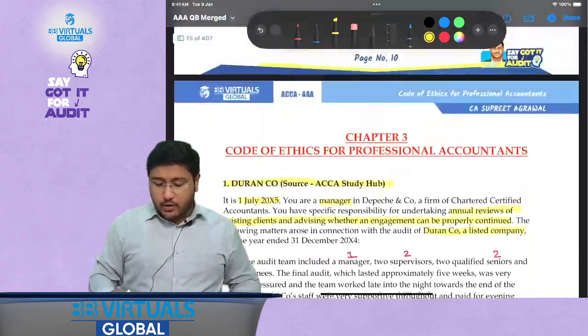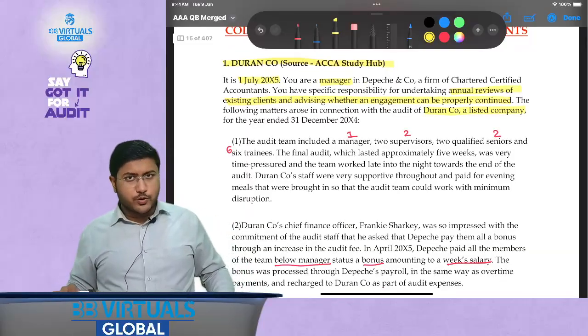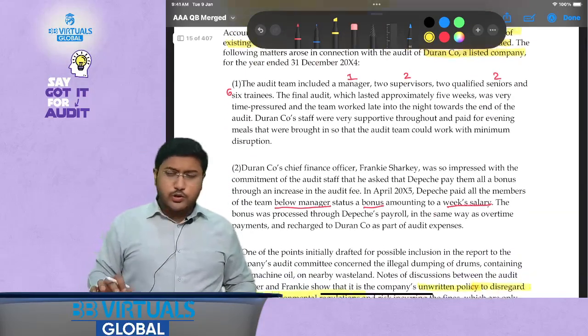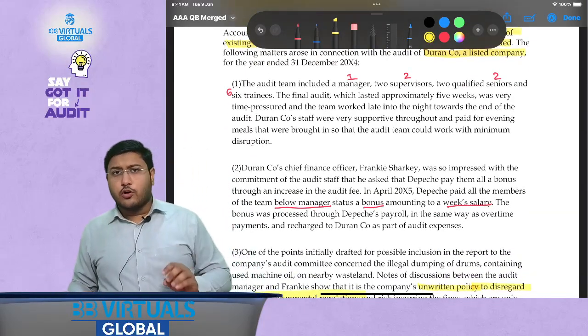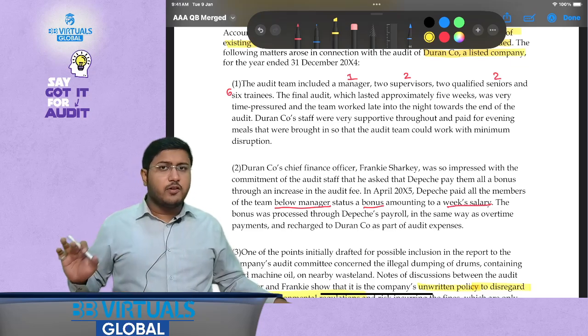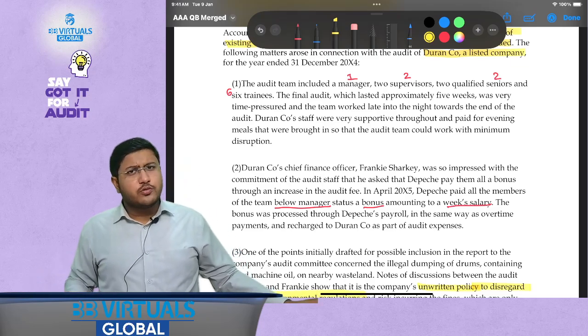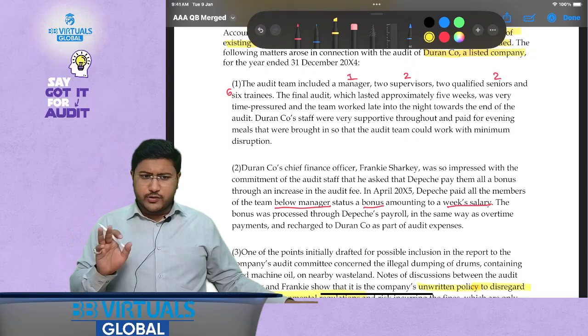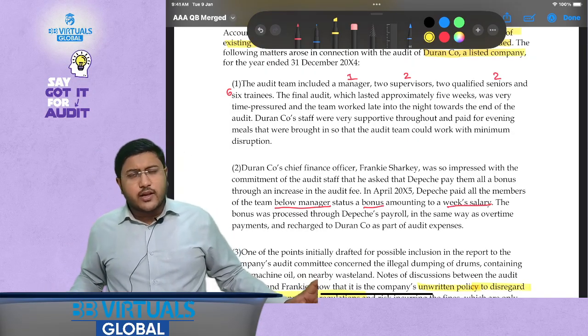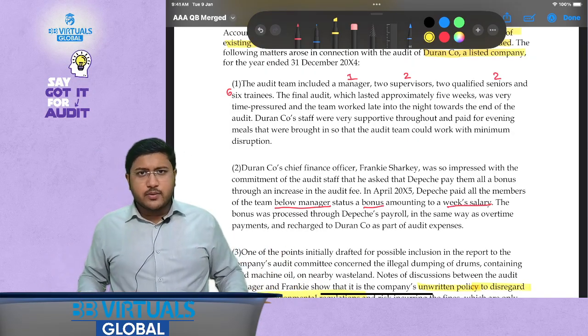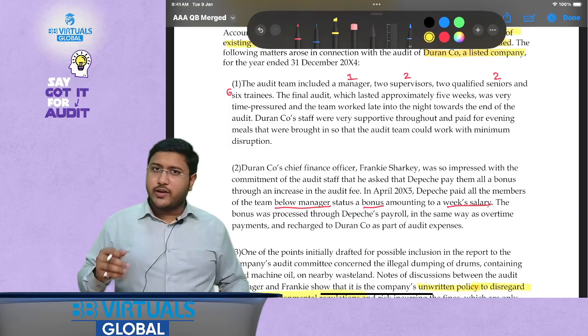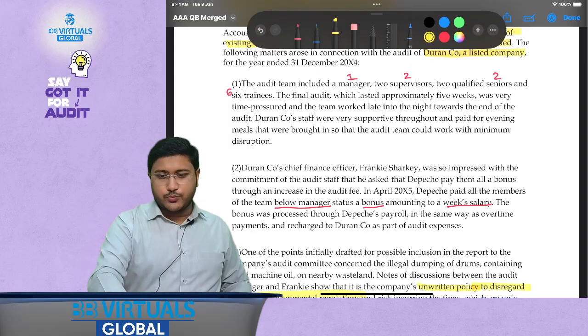Now I have highlighted all the important pointers from this particular point. We have discussed it also. Now you should take 10 minutes and you should solve this particular question. Once you solve it, then we will be going for the reading of the answer. That's how we should do it. So take 10 to 15 minutes. I'm pausing the recording. Then we will discuss the major pointers, then we will restart the recording and we'll read the answer. Okay, thank you.